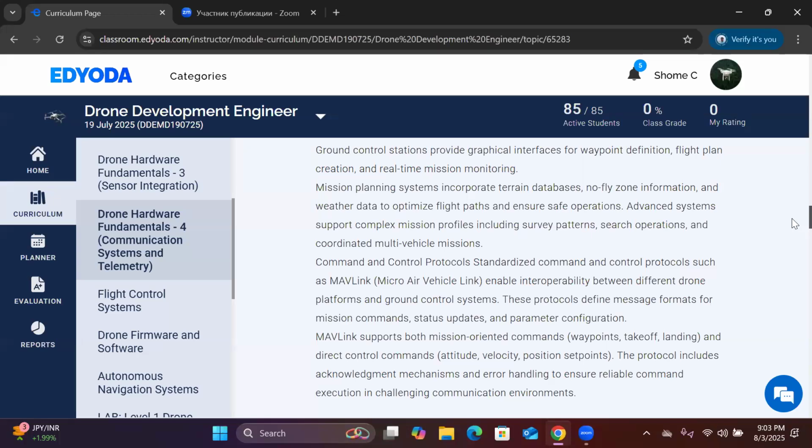The antennas and amplifiers which we are using on the ground station and on the UAV, the drones, are they the same? Suppose we are using 30 dB on the ground station, will we use 30 dB on the drones? No, no. First of all, amplifier and antenna are two separate entities. If we are using the power amplifier module on the UAV side